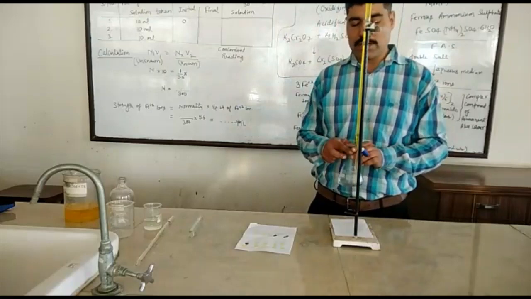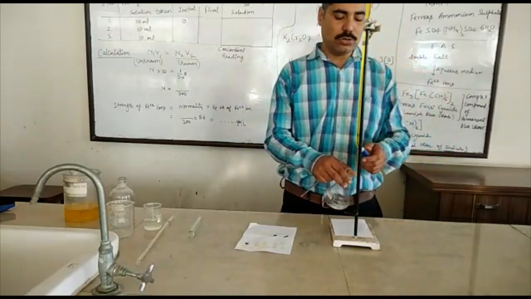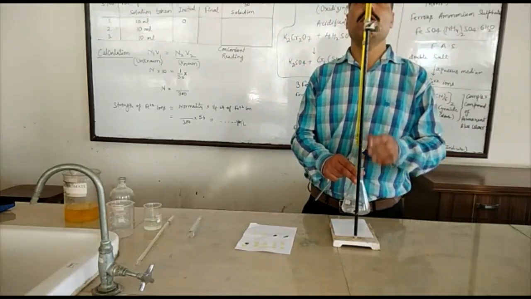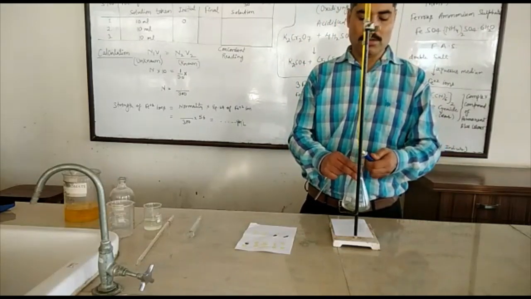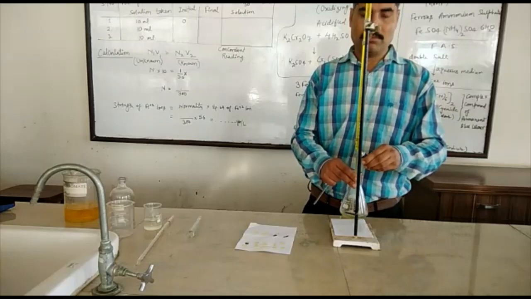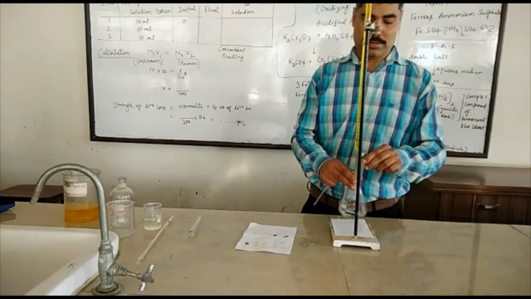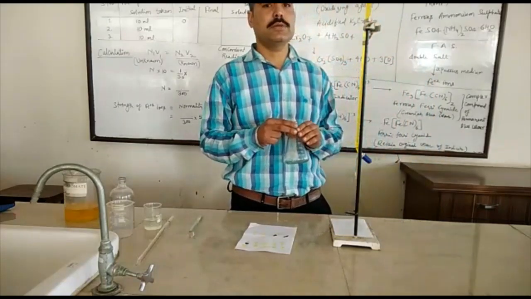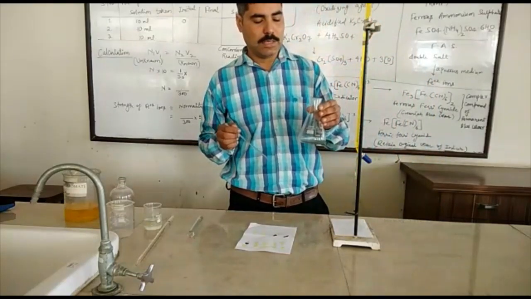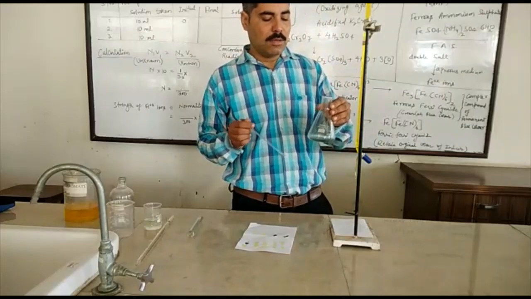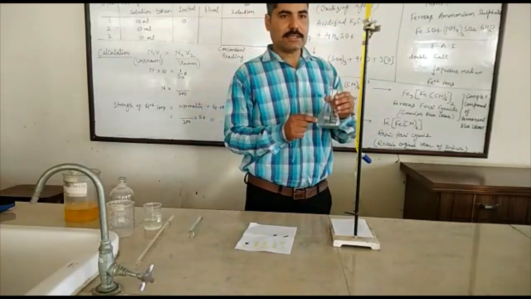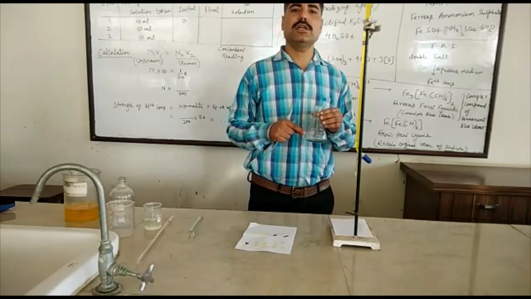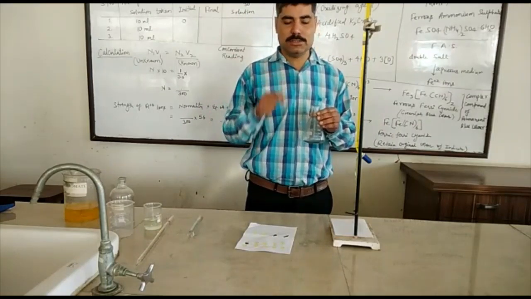That's why we are using the indicator externally. Now we have to start our titration. We have to add the standard solution into the conical flask. First of all, we add 1 ml of N/30 potassium dichromate in the conical flask. By doing this, the ferrous ion started to oxidize into ferric ions, and the concentration of ferrous ion started to decrease.